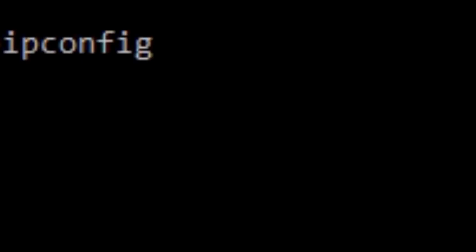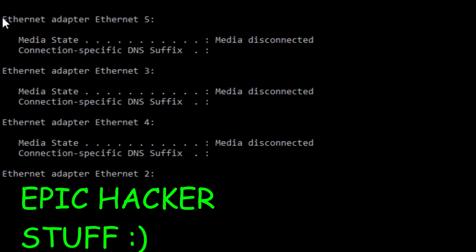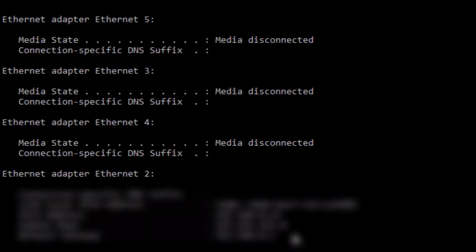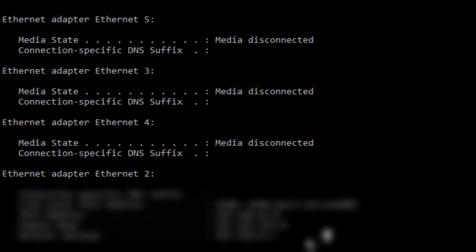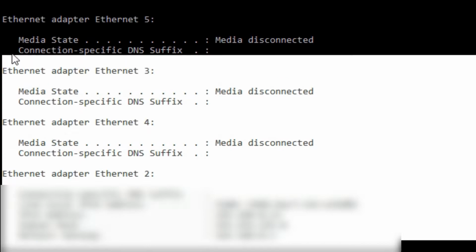Okay, you write ipconfig and you'll get all this weird information. So you see Ethernet adapter, blah blah blah, and then basically what you want is to go into this really epic thingy right here, and then you want to select all this, okay, and then actually no, that's wrong, you want to select all of this right here,